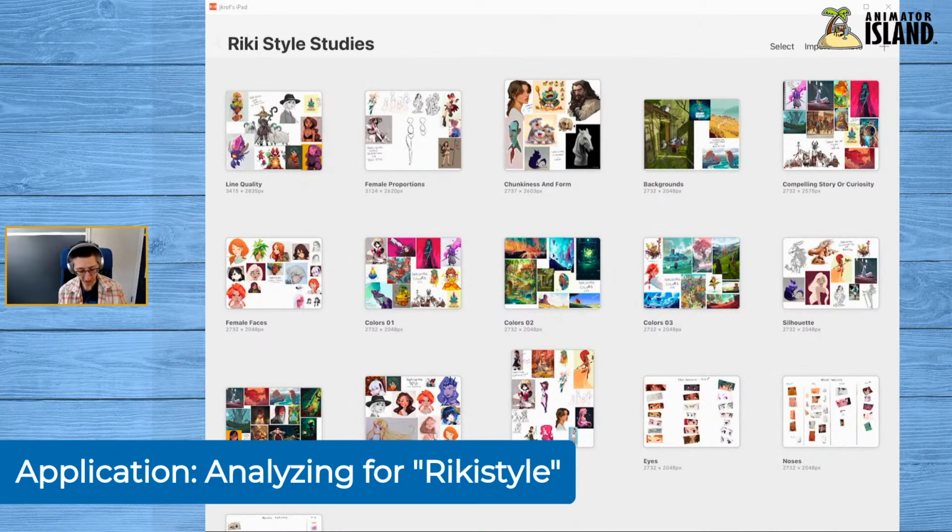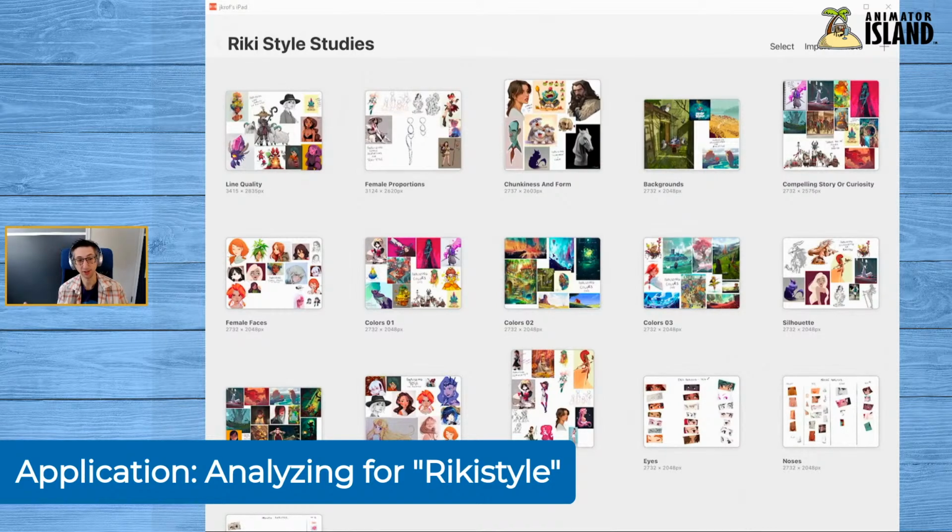Now, these are some of the different analyses that we've been doing and we're going to do, from line quality and female proportion and chunkiness and form. Those ones we've already gone through. You can see the whole playlist over at Animator Island TV. But you'll note here in the middle, we have colors 1, colors 2, and colors 3.